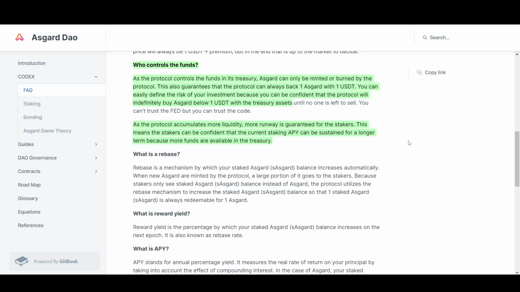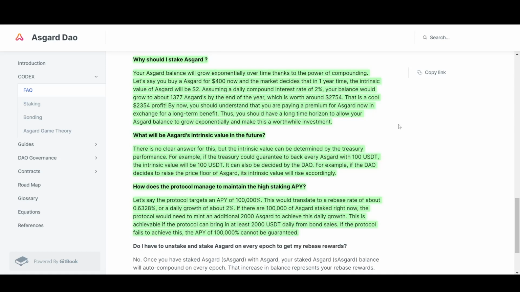They're using standard DAO procedures to bond and mint new coins based on the treasury and the runway of the reserves. What is different here is that they're emphasizing Asgard DAO as a hedging mechanism with some stability, but not to the degree of a stable coin, but it is backed by a stable coin. So I like how they're using a stability for a long-term point of view of investing, fighting the dollar. So let's go further deeper into their papers.